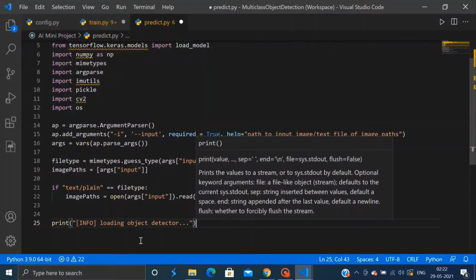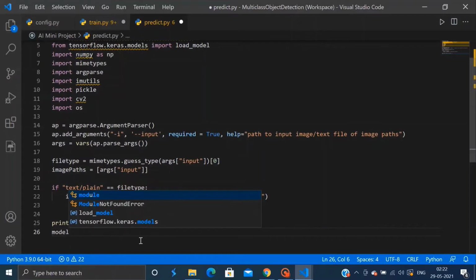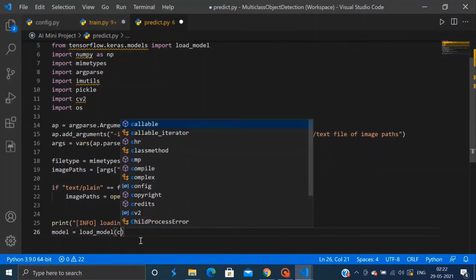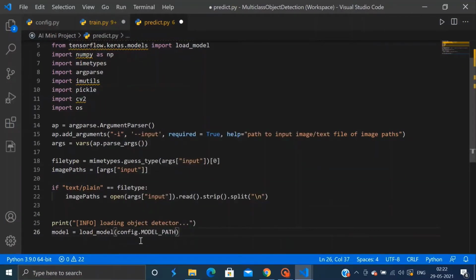Then we will initialize model. Model is the architecture and associated weights that we serialized to the disk when running train.py, and then LB is our label binarizer, which is used to convert predicted class labels to human readable strings, as mentioned earlier.